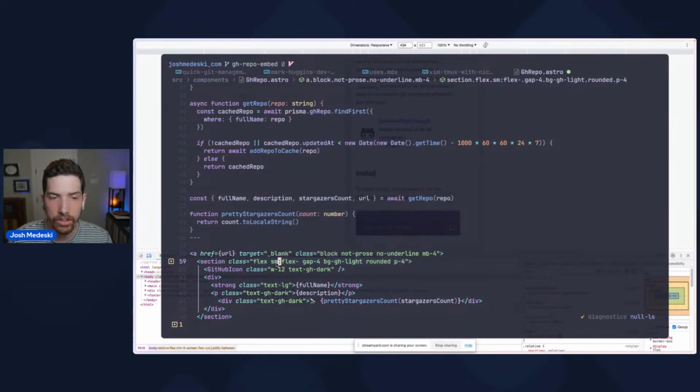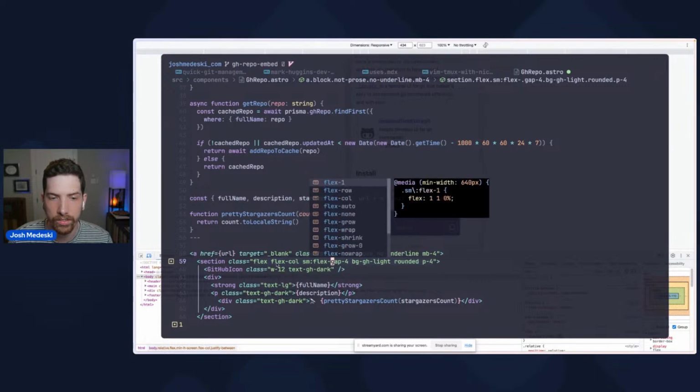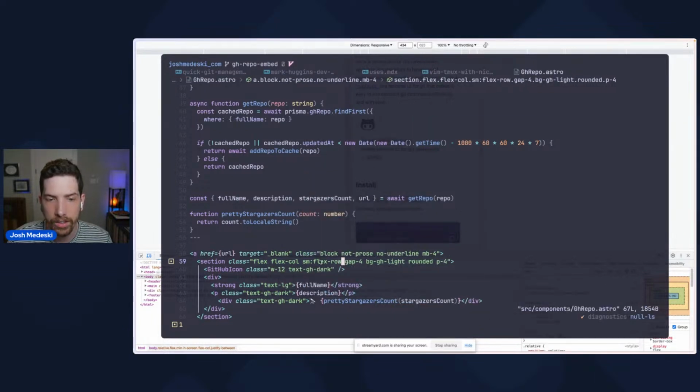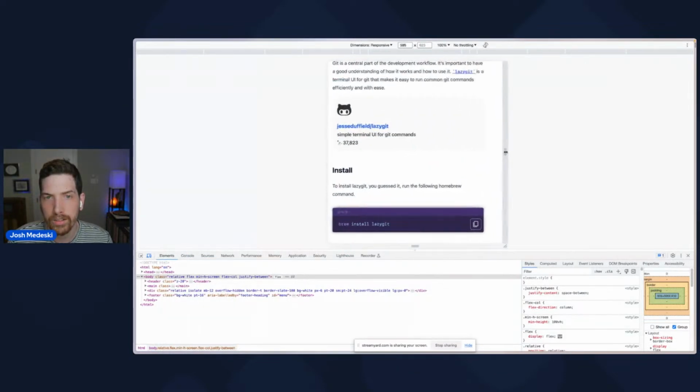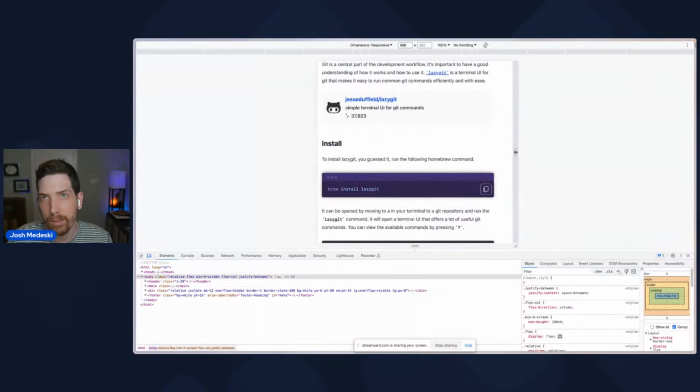Flex, actually, we all know mobile first, right? So flex column, and then small flex row. I think it's flex row, yeah. So boom, and then at some point, it snaps. Now, for those that have been here the whole time,